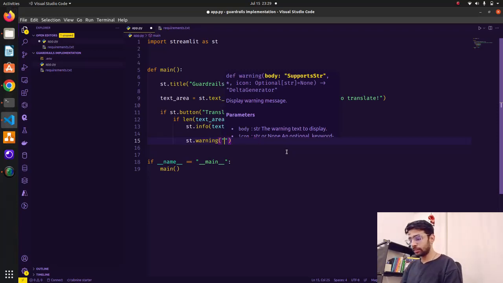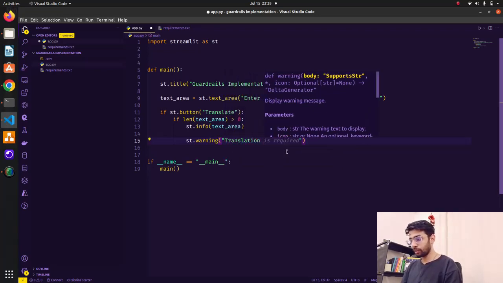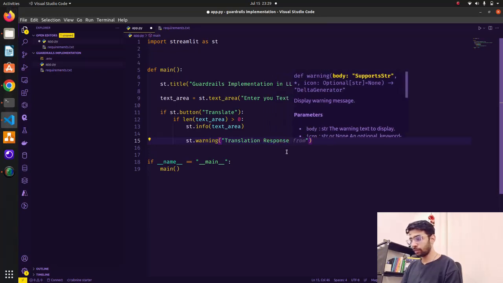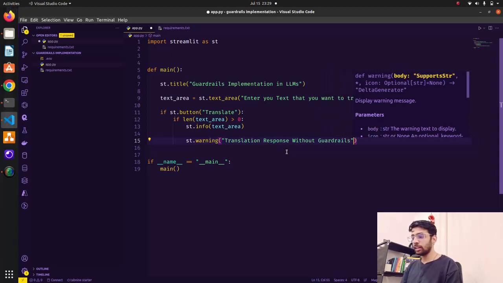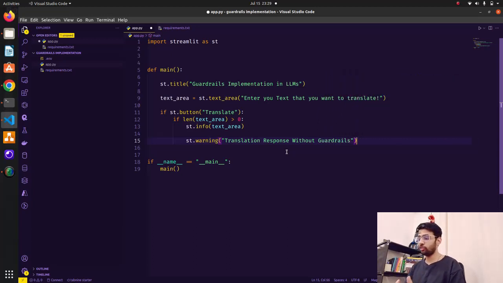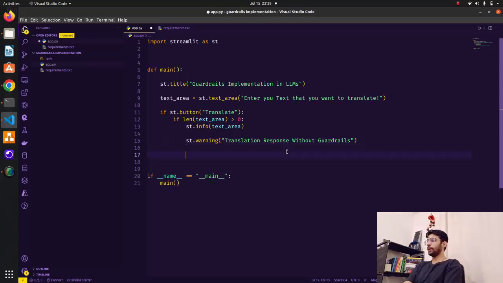So in warning, I'll just say translation response, let's call it response without guardrails. Without guardrails, we'll just use the OpenAI service there, DaVinci 3, without any guardrails. Okay, and then this looks good. Issue warning.